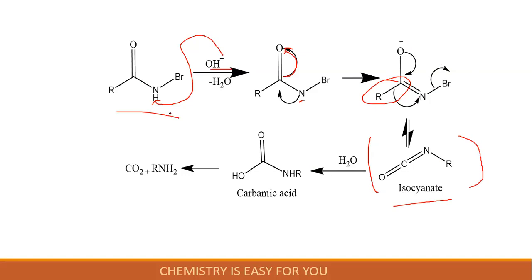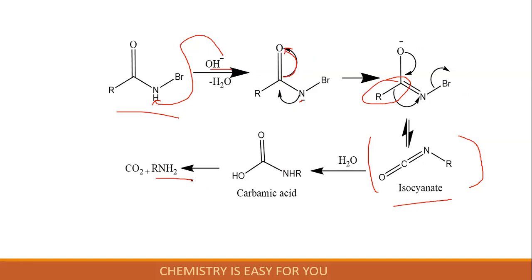So again we have N-bromamide, and the hydrogen is abstracted, and there is a negative charge on the nitrogen. It will form a double bond, and the carbonyl double bond will go to oxygen. When the negative charge comes back, the R group shifts onto nitrogen and Br leaves, thus forming an isocyanate. This isocyanate then reacting with H2O will form carbamic acid, which further loses carbon dioxide to form a primary amine. This is the mechanism that we follow in Hofmann-Bromamide degradation.